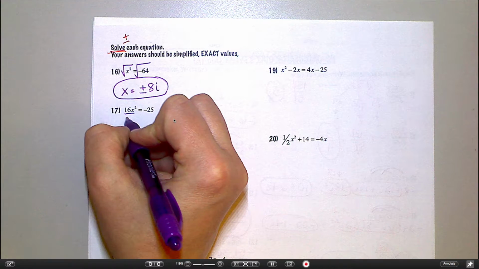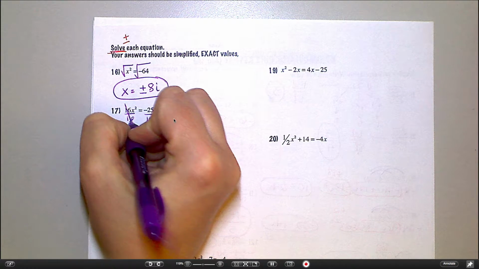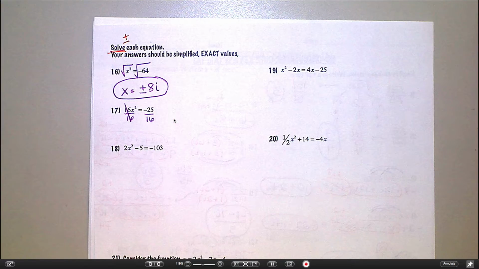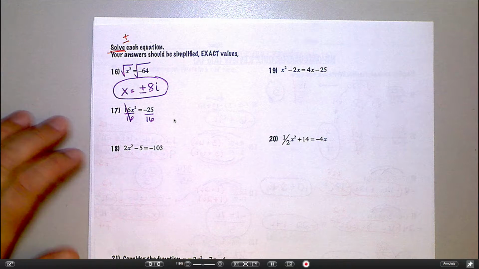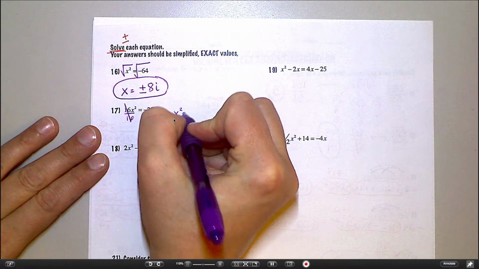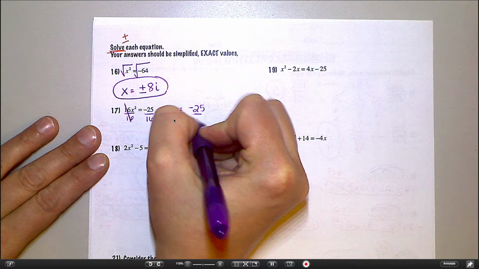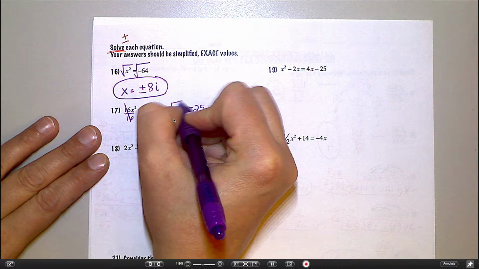I would divide both sides by 16. Now, some of you are screaming at me right now that I can't actually divide those two, not without a calculator, okay? I can just leave it like a fraction like that, negative 25 over 16. So now I have x squared equals this. From here, I am going to take a square root,